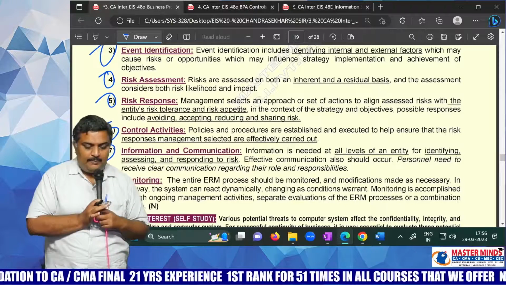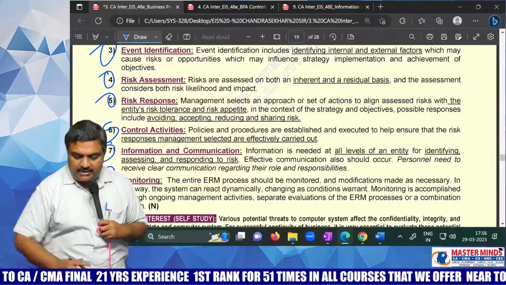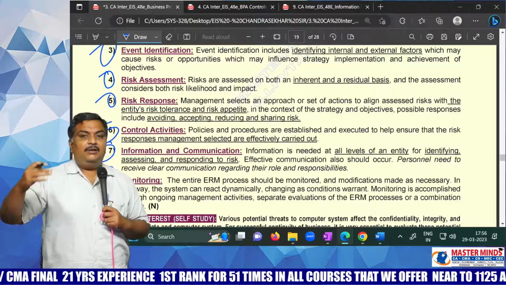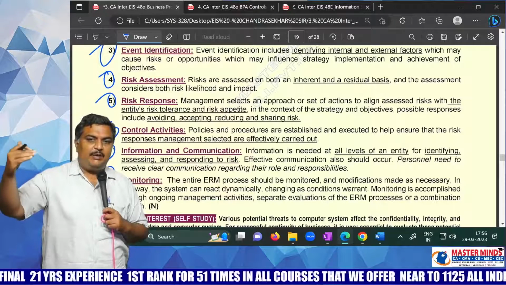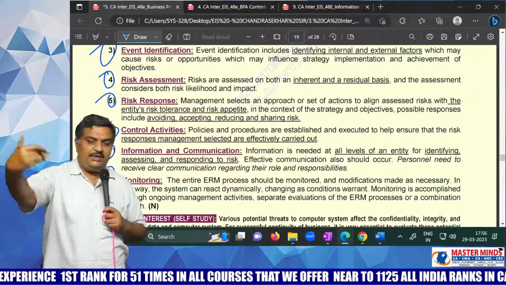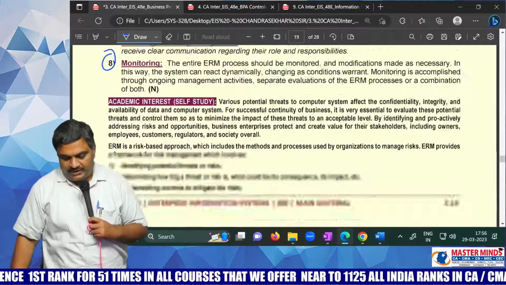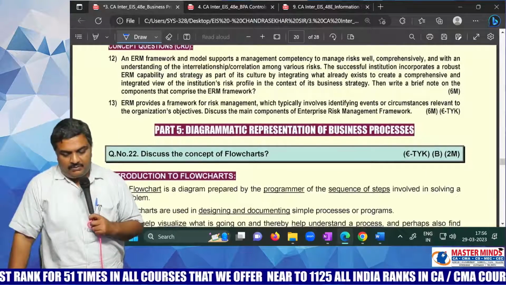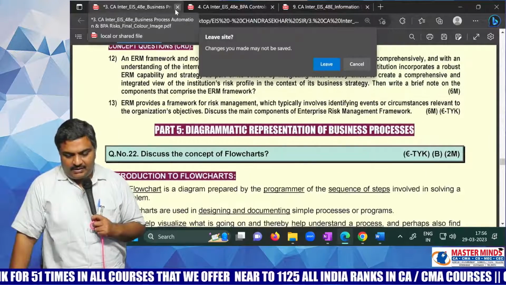Next, monitoring. Monitoring means I need to observe whether the risk management system in my organization is doing well or not. Or if any modification is required, I need to make the modification, right? So that is enough in this lesson. Now let us move on to the